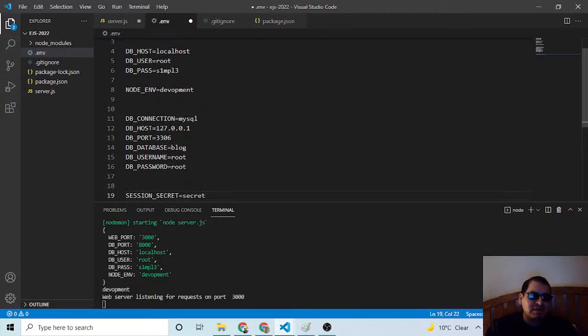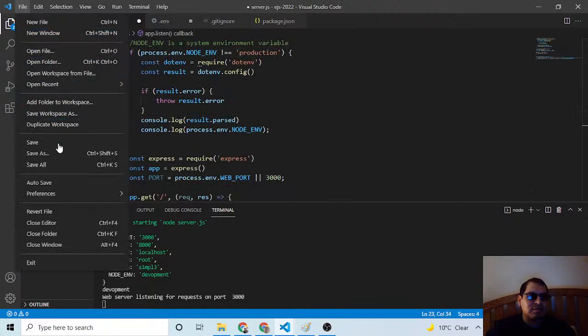If I write DB host over here, I have also DB host, and in one of them I put localhost, in the other I put the IP. Which one do you think it's going to print? I bet it's going to print this one, the IP, because this will be assigned, then over here it will be reassigned again. So let me check.